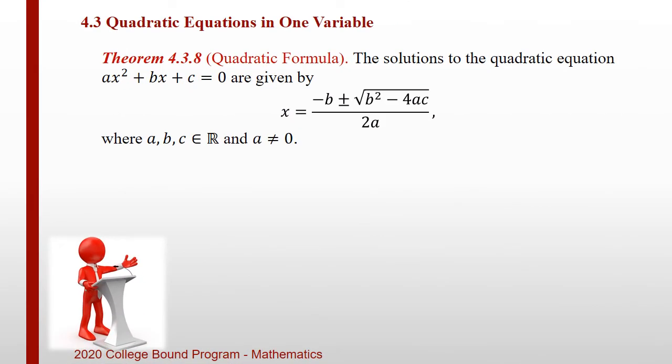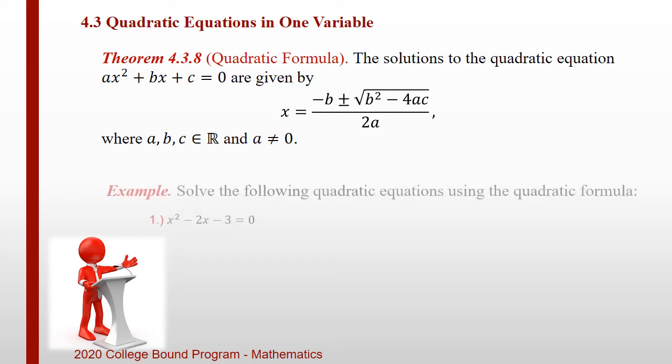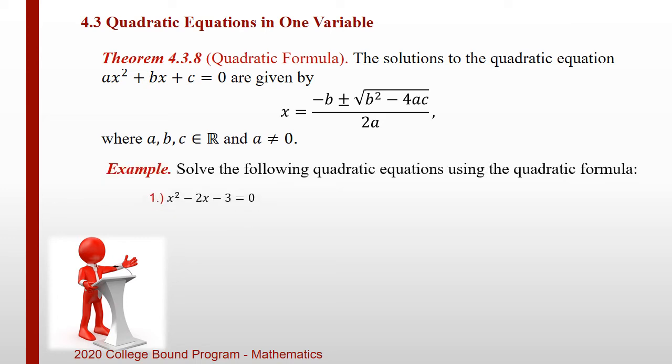The formula that we have previously derived is actually this theorem 4.3.8. The said theorem states that the solutions to ax squared plus bx plus c equals 0 are given by the quadratic formula. For example, suppose we want to solve x squared minus 2x minus 3 equals 0. When solving equations using the quadratic formula, the first step would be to identify what are the values of a,